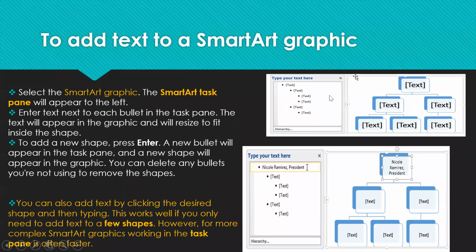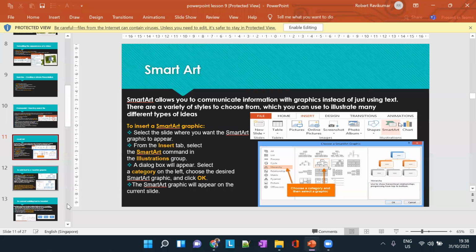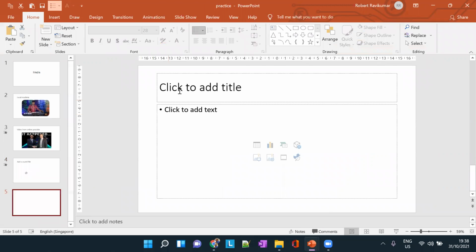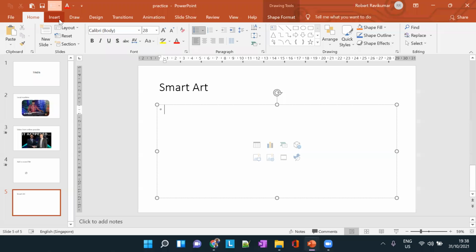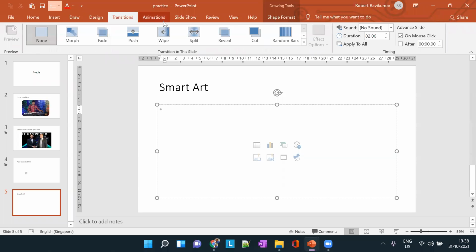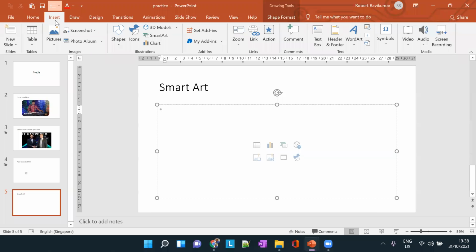So let's first see how to add a SmartArt. I'll click a new slide and say SmartArt. Go to Insert, and there is an option called SmartArt. Okay, it's inside here for me.